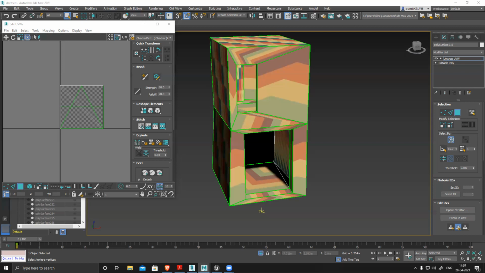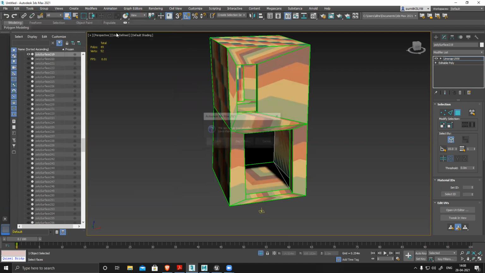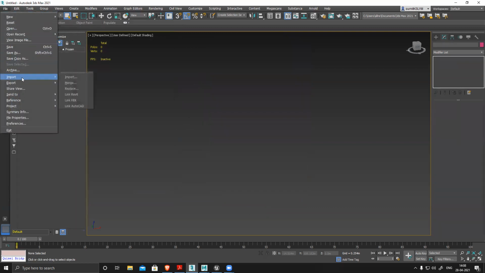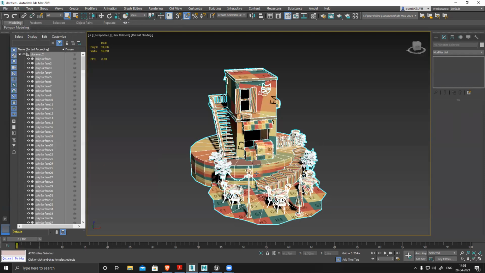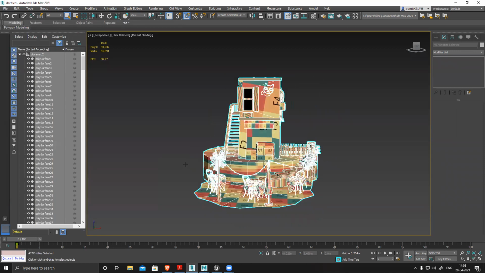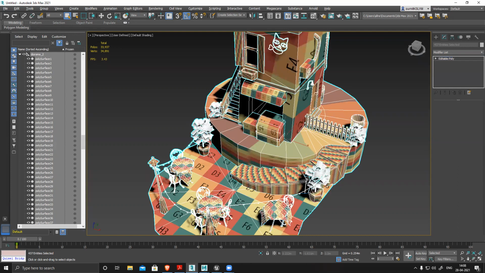Just give me a second. I accidentally deleted the UV. Now it's better. So in the same manner, now I have to fix everything, since it is separated.